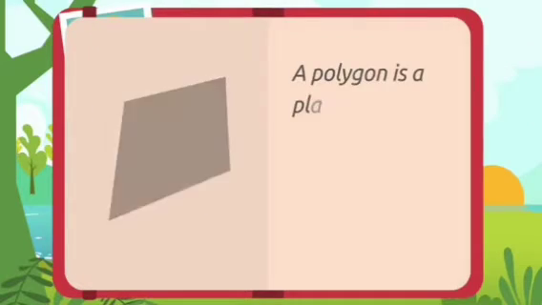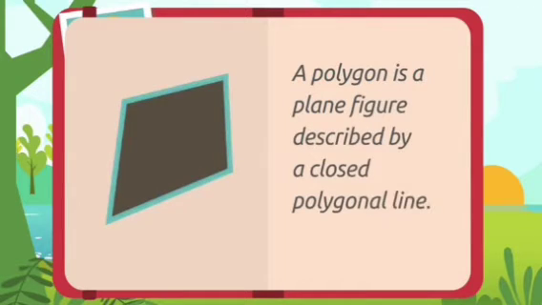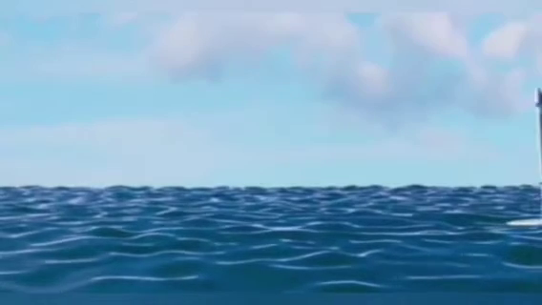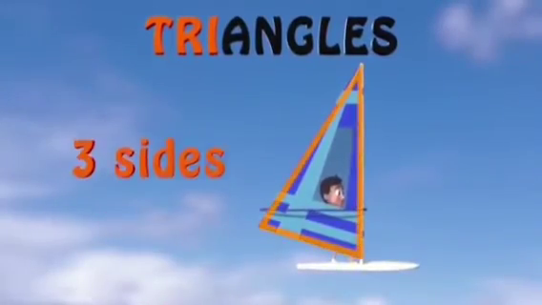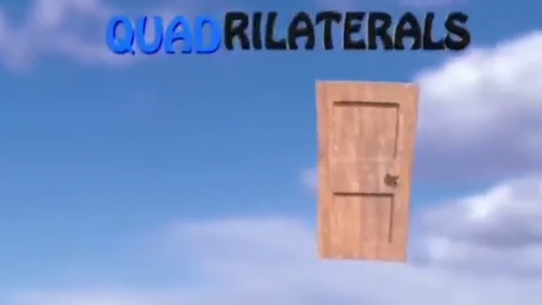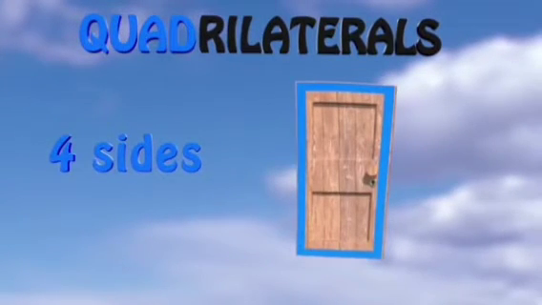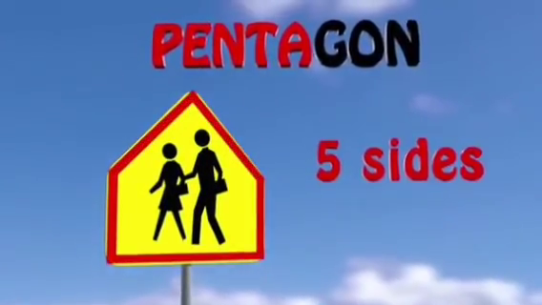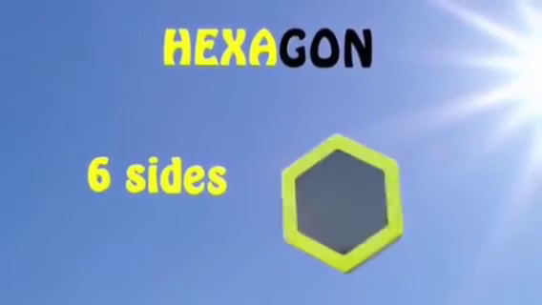A polygon is a plane figure described by closed straight lines. We can classify polygons based on the number of sides they have. For example, a triangle has 3 sides, a quadrilateral has 4 sides, a pentagon has 5 sides, a hexagon has 6 sides,